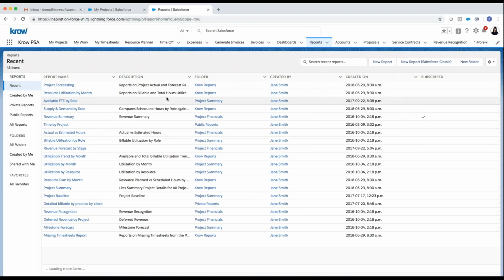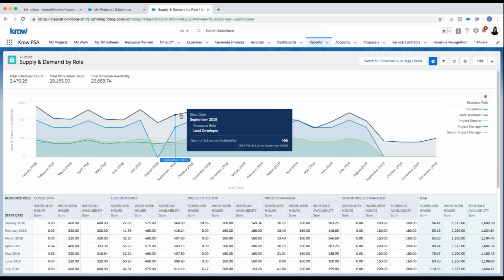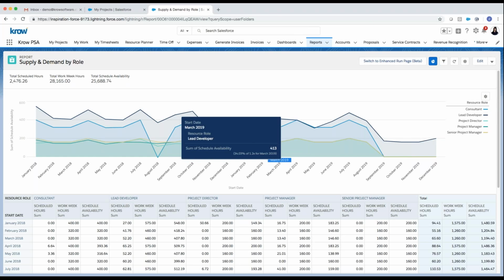Another report I'll look at, supply and demand by role. So here we can look at what is the demand based on where I've scheduled resources, including even placeholders. Again, may include pipeline projects, and look at the demand, or excuse me, the supply, which is how many resources do we have, and based on their work schedule and target availability, and what they're currently scheduled on, what's my